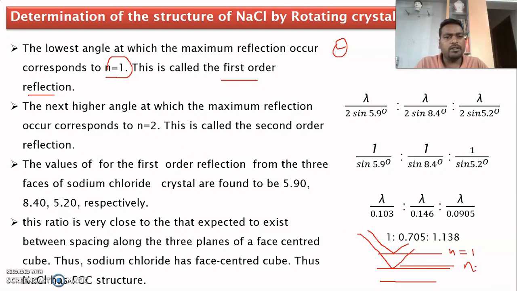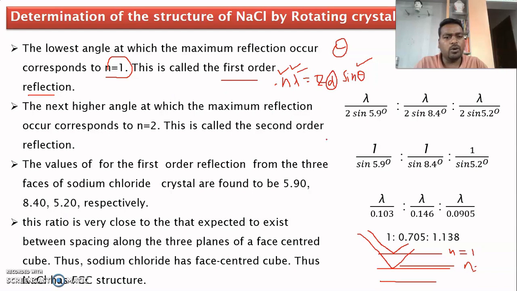Now we are going to identify the value of theta. We know from the Bragg equation, n lambda equals 2d sin theta. Now we know the value of theta, which we identified experimentally by using an X-ray spectrometer. Lambda is the wavelength of radiation which we receive, we already know this. n is the order of reflection. So we know the value of n, we know lambda, and we know theta, so we have to calculate d, the interplanar distance.